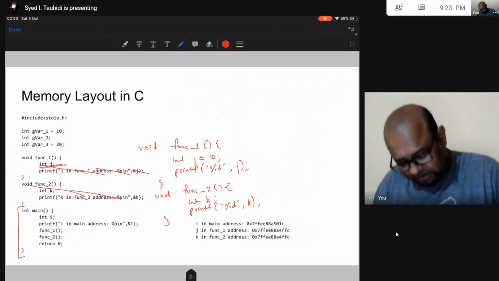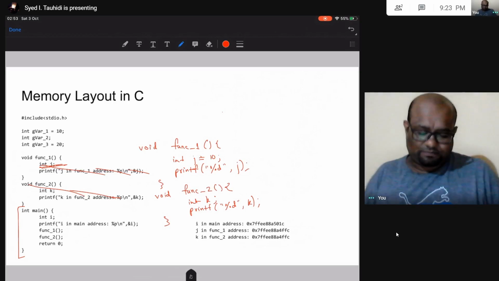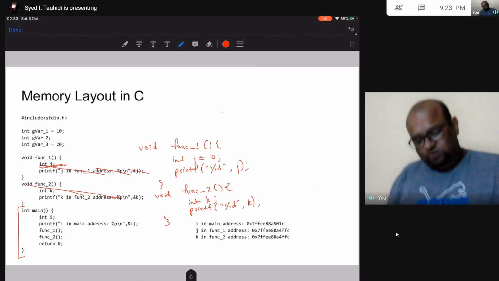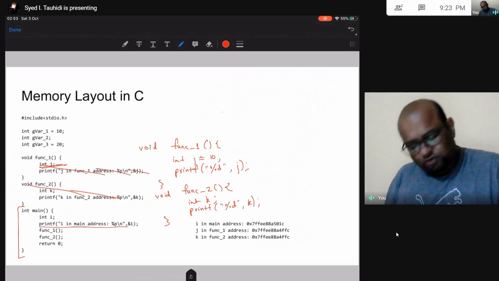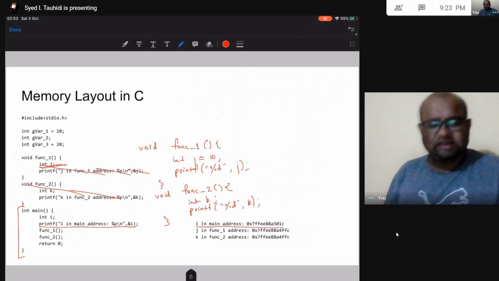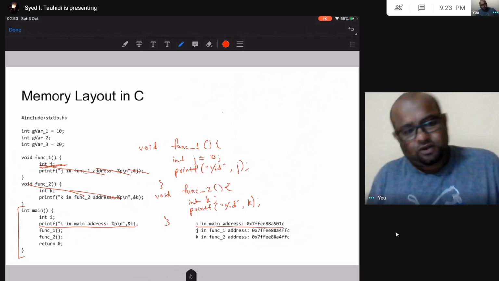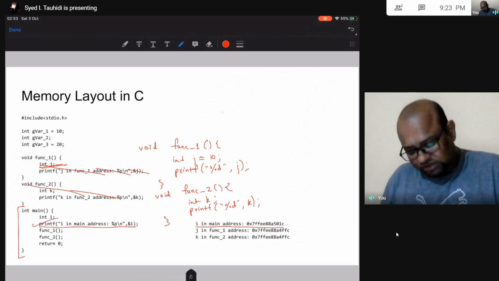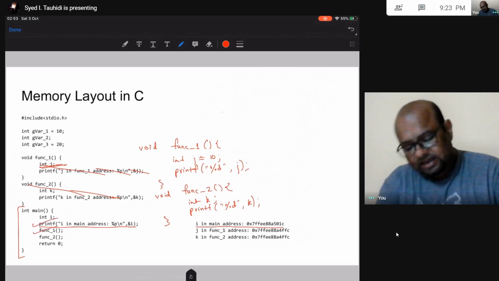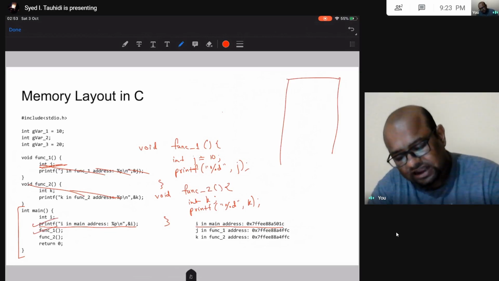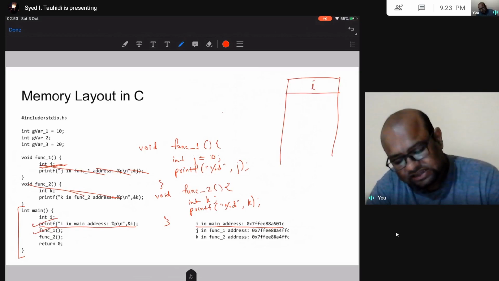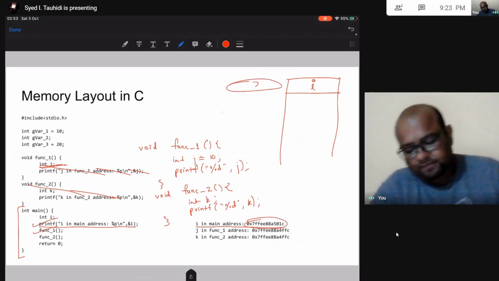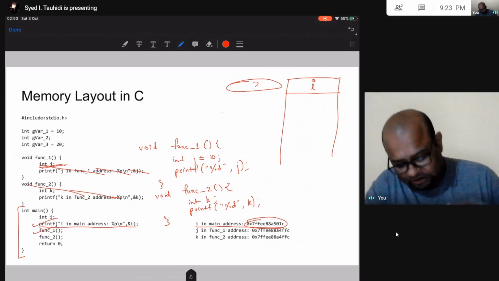Now what is going to be the output of this program? That is my question. So in this line I am going to print, like before, some address in stack where i is allocated memory. So that is going to be printed in this line. What is going to be printed in this line? Let us draw this stack. This is the stack. i is allocated some address, and that is going to be printed. So this address is here. Okay, in this address i is there, so yeah, that will be printed.